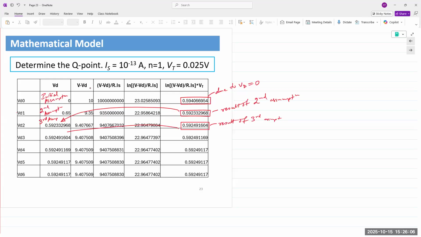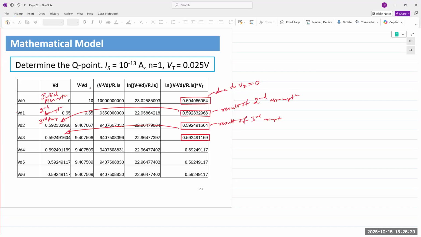You take that and you run it through. You can already see within 2 or 3 steps, my answer is coming out to be the same. Going all the way up to, let's see, 1, 2, 3, 4, 5, 6 decimal places, my answer matches up. I can put a stop to this process right here and say my diode voltage is